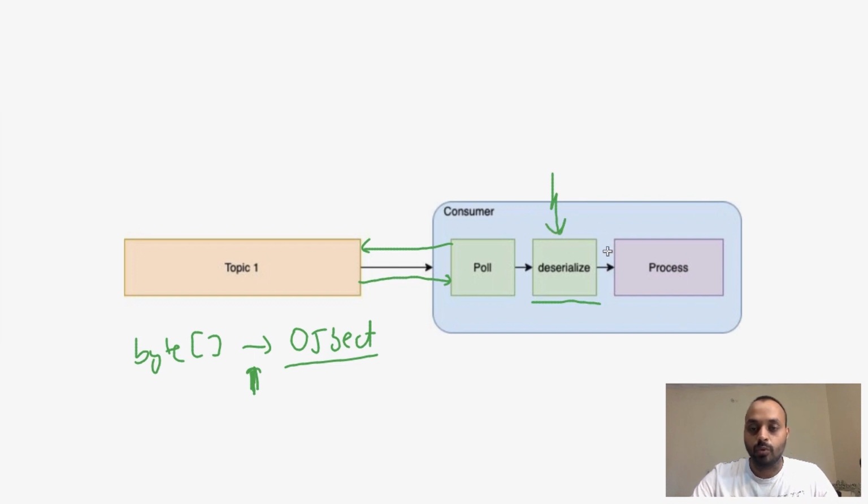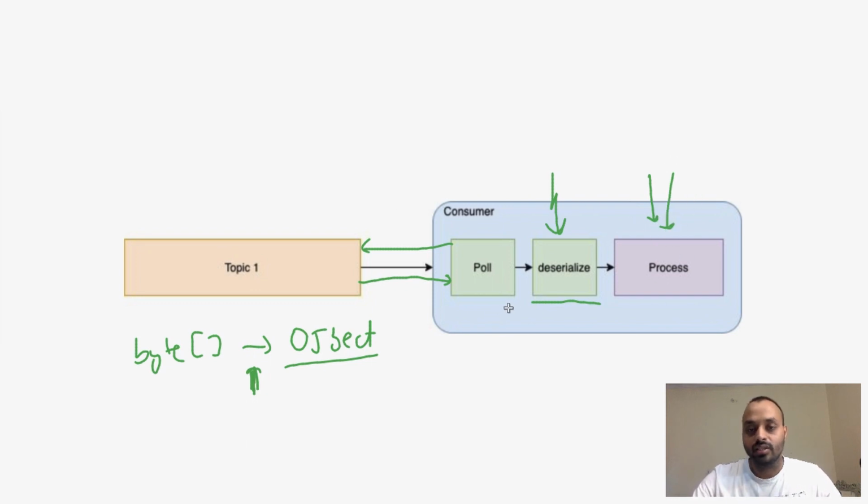After that, the processing of the message happens. In processing, you can be doing anything: sending an SMS to your customer, ingesting that data into some DB, or ingesting it into, let's say, Elasticsearch, so that you can search that data or provide reports about it. These kinds of things can happen in processing. This completely depends on you.